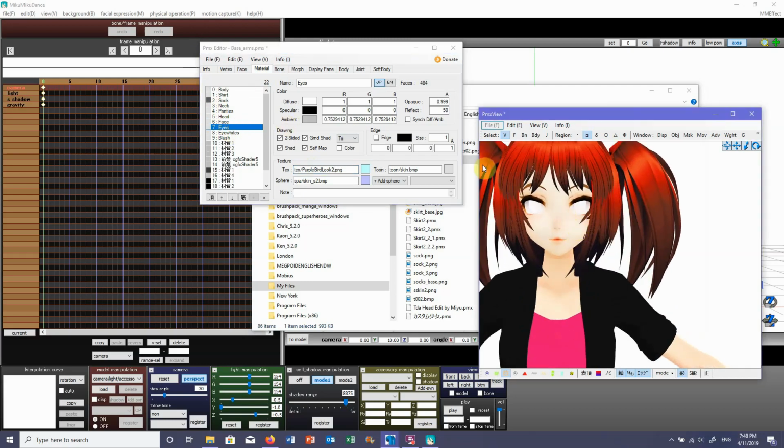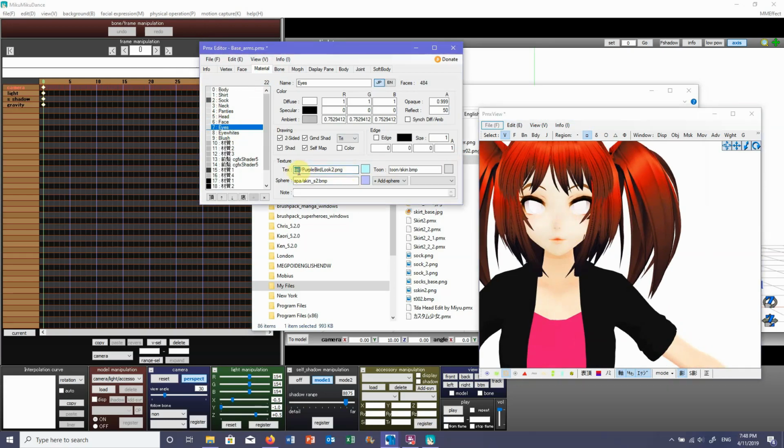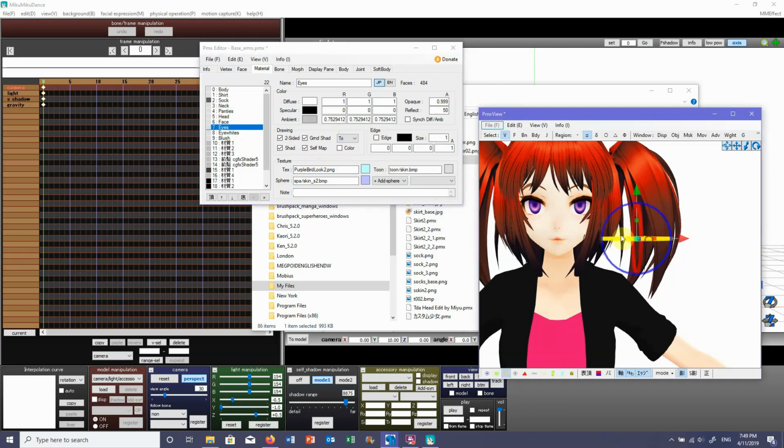The reason for this is that it's not just the file name by itself, it's the full directory. So this bit right here, where it says text/png, it means within the folder where this model is kept, it's looking in the texture folder inside there and then looking at the file. This is also pretty easy to fix. There's two ways you can do it. The first way is just to get rid of the front bit, the texture. Now it's looking in the same folder that the PMX file is kept in, so when you refresh it,